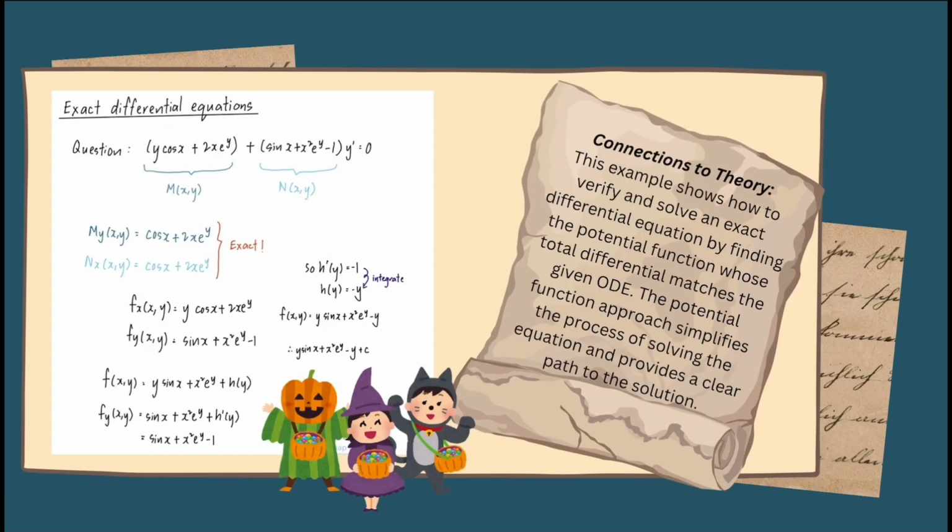The second one is exact differential equation. This example shows how to verify and solve an exact differential equation by finding the potential function whose total differential matches the given ODE. The potential function approach simplifies the process of solving the equation and provides a clear path